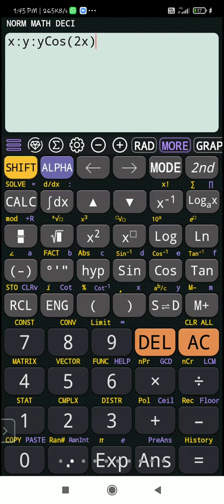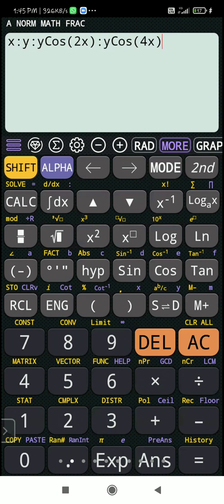Now again, this colon is a separator for our table. So again, alpha colon y. So alpha and y will give me y. Then cos, and I want 4x. So 4 alpha x, bracket complete. I hope you are doing it on your calculator with me, right? Whatever sequence I'm telling you, just write it in your notebook. If you forget anything, you can recall and accordingly do the calculation.